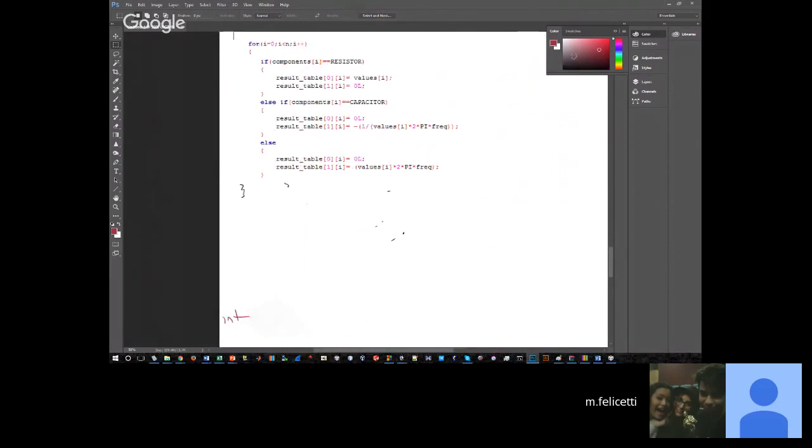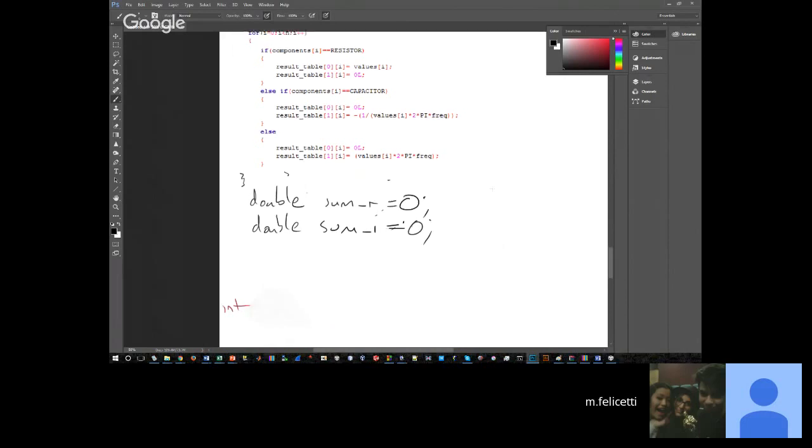So to sum up the series, basically we need two variables. So let's call it sum real and make it equal 0, and double sum imaginary. Didn't mean that equals 0. Equals 0. Now,